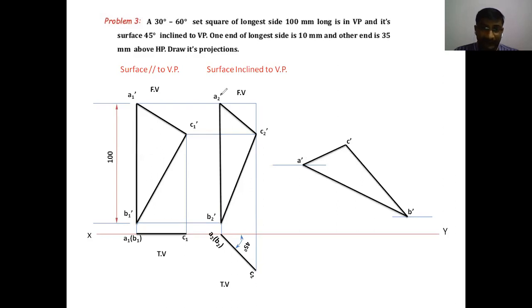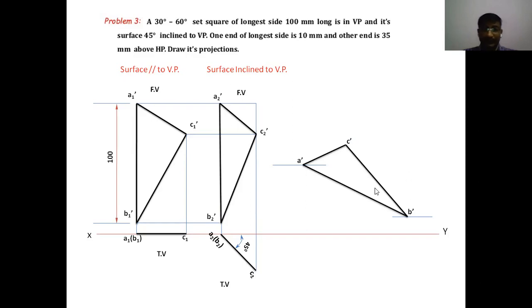By taking the length A2 dash, C2 dash as a radius and A dash as center, draw one arc like this. And by taking this length, B2 dash, C2 dash, with B dash as center, cut the arc, then we will get this point as C dash. So by joining this C dash with A dash and B dash, we will get the set square with some rotation. Clear, students? Then after getting the front view in the third stage, you have to